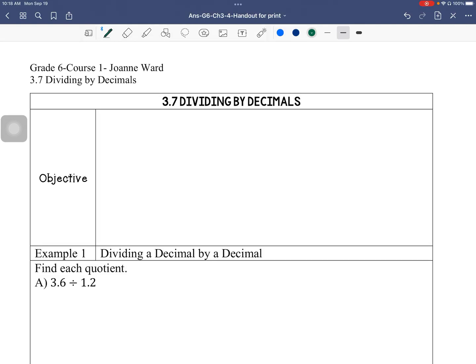So 3.7, we want to talk about dividing by decimals. Here we want to learn the difference between the position of the decimals. So the objective here is that we want to learn to divide